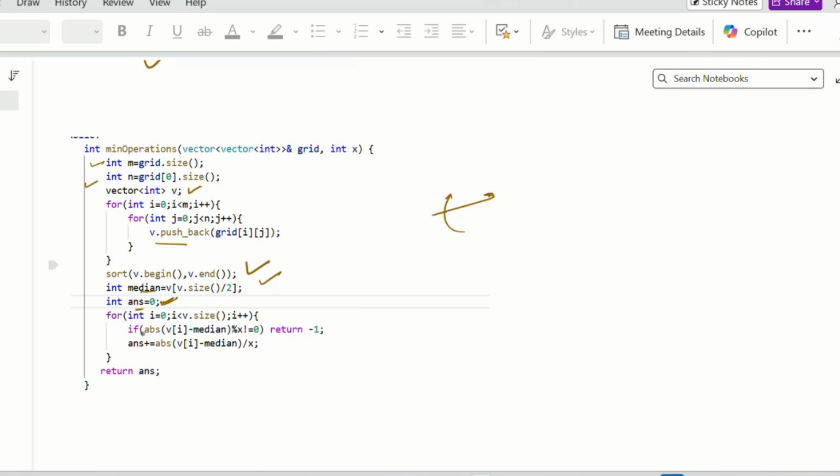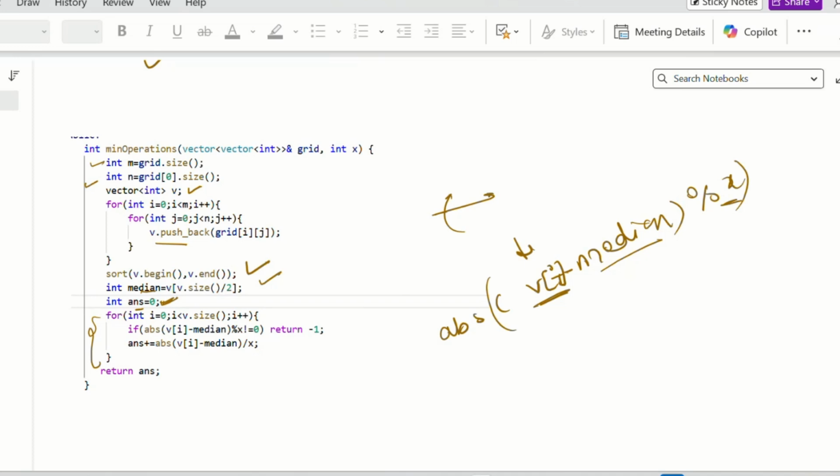Inside this for loop, I am checking one condition: the absolute difference of v of i minus median. If I am changing some value to this median, and this modulo x is the value we need.